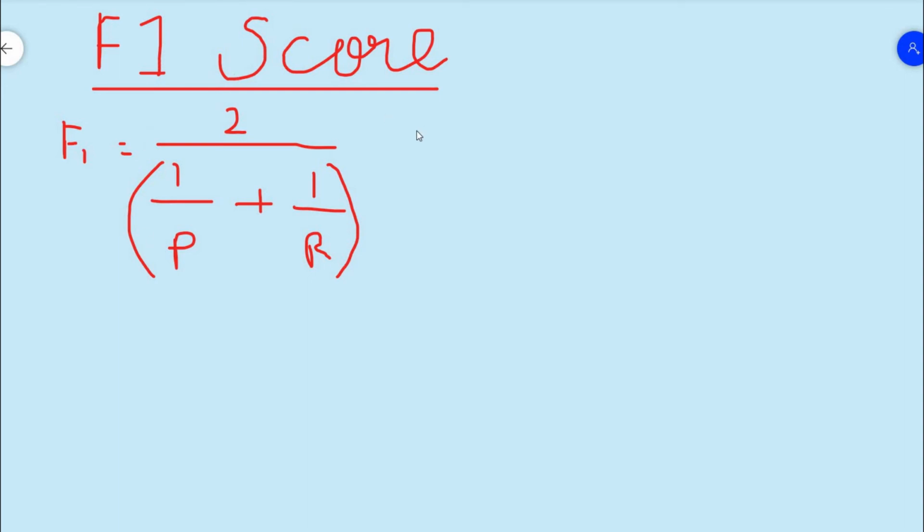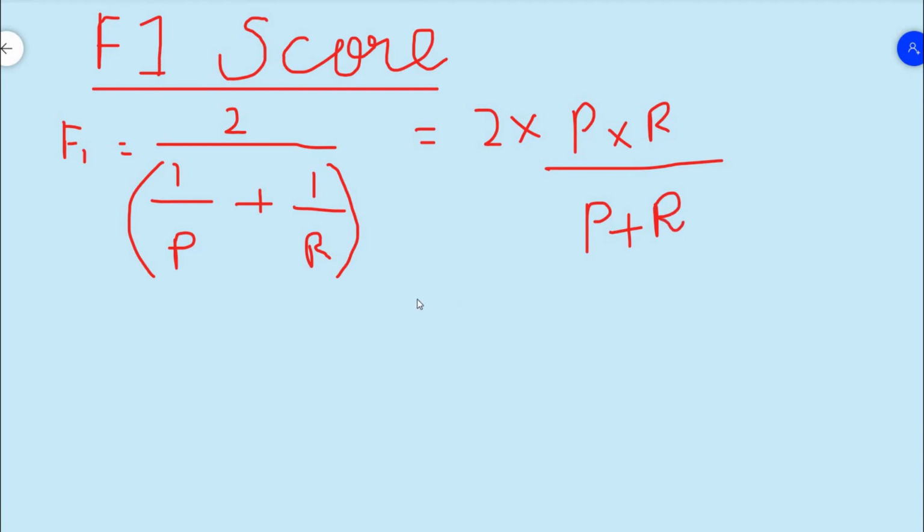So if we solve this, we get something like 2 into precision into recall. If we bring these two in the numerator, it will be 2 into P into R, and this will be divided by P plus R, which is nothing but